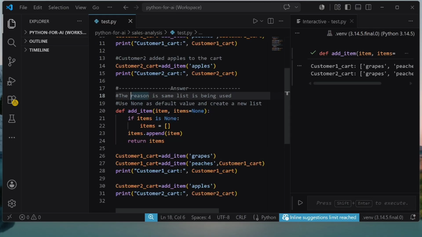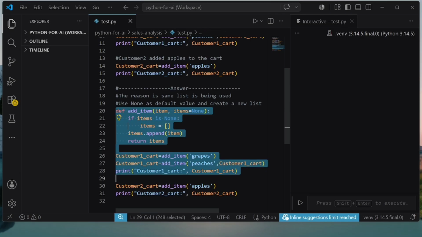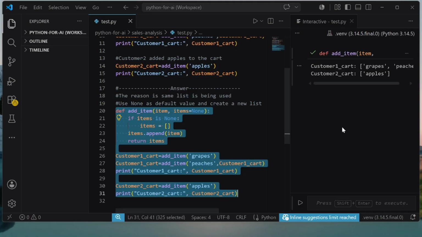The reason is the same list is being used. Use None as the default value and create a new list. So let us clear all. Here we have used items is equal to None, and if items is None, then we are creating a new list. Now we can run this code. Now customer 2